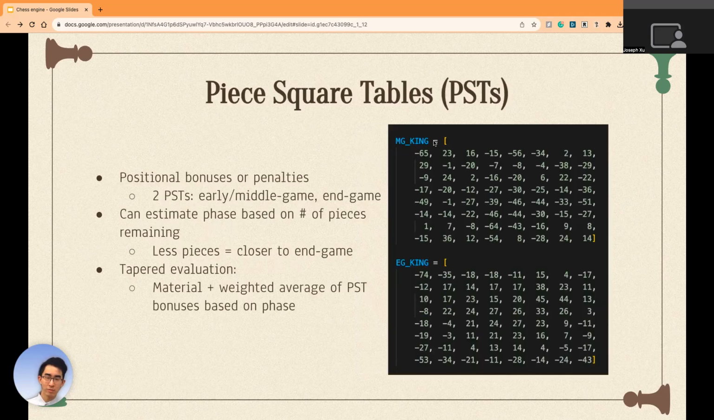There's two piece-square tables, one for the early and middle game, one for the end game. For example, here, the king does not want to be in the center in the early stage of the game. You can see that it has all these negative penalties, whereas it gets these positive bonuses for being in the center of the board in the later stage of the game. All of this combines to form something called tapered evaluation, which just takes a sum of material and a weighted average of piece-square table bonuses and penalties based on the phase, which we can estimate based on the number of